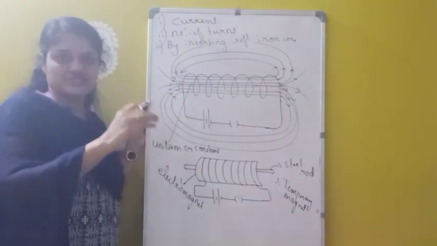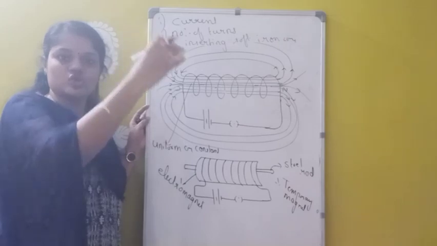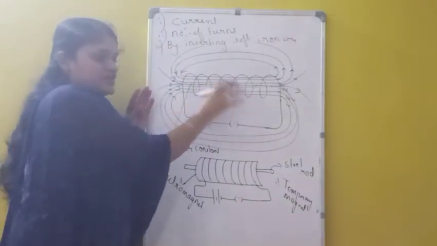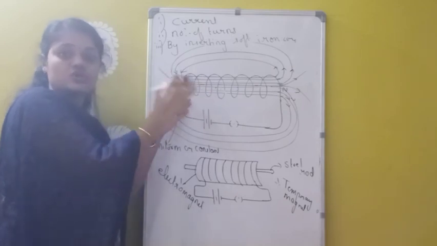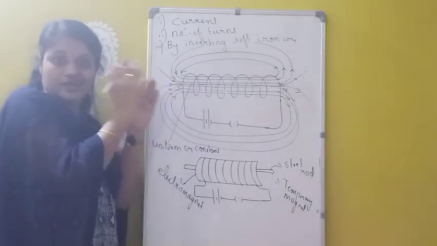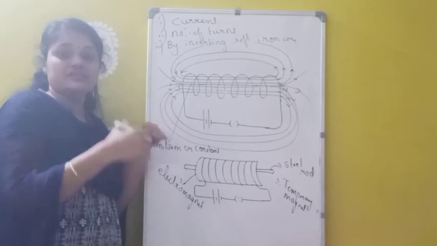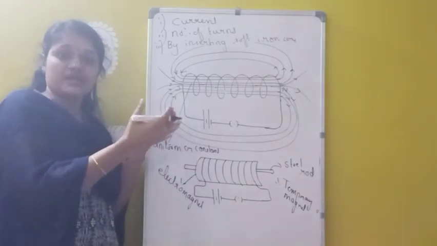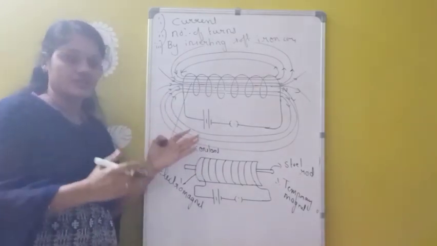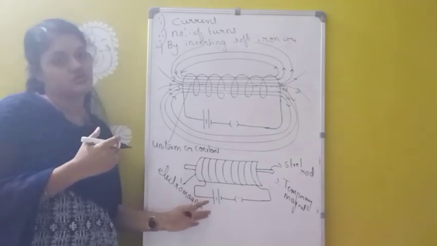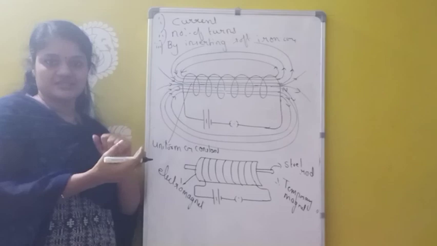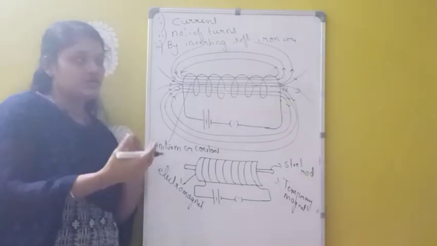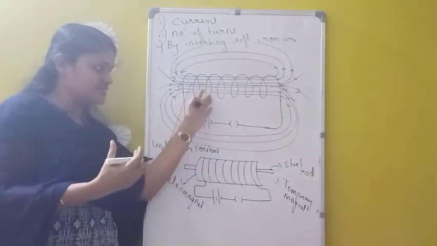So the solenoid is a large number of turns of insulated copper wire wrapped in the form of a cylinder. And inside the solenoid the field strength is uniform or constant. The field is higher inside the solenoid, and that can be utilized to magnetize a soft iron core, and thereby we can produce an electromagnet. And how can we increase the strength of the magnetic field? By increasing the current, by increasing the number of turns, and by inserting a soft iron core inside the solenoid.